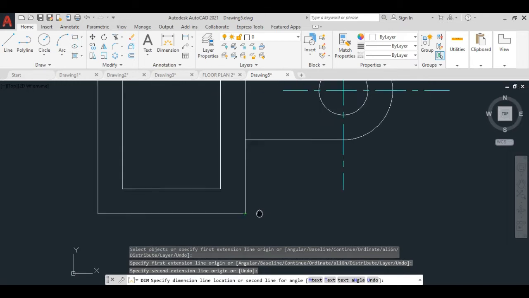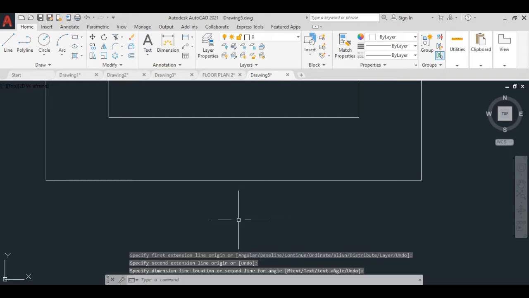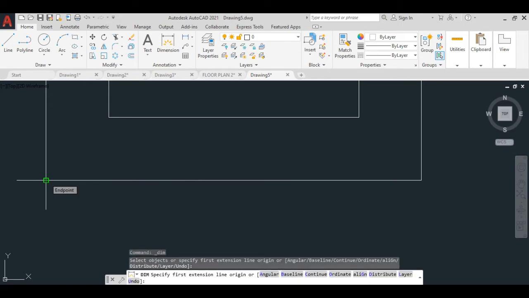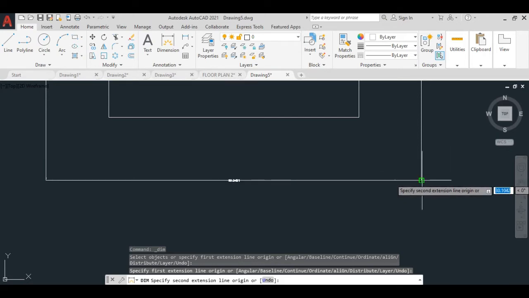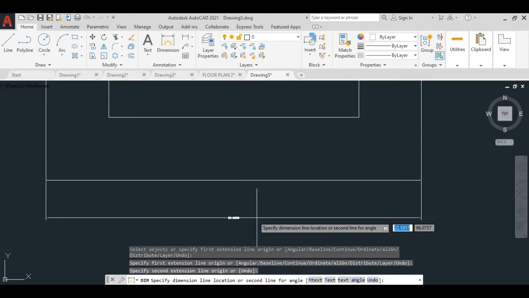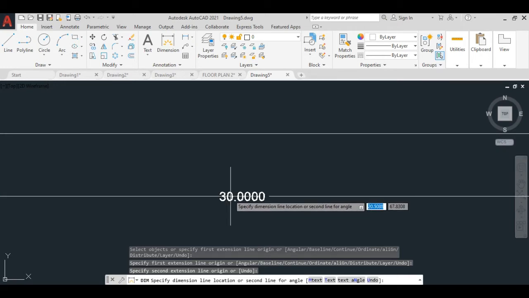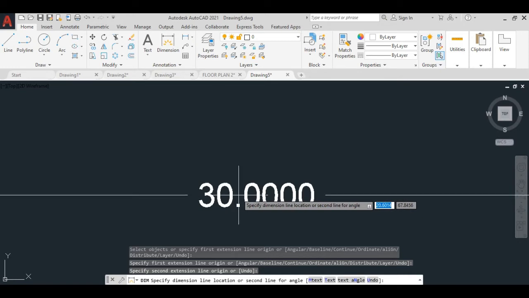So I have to check this distance. This is how much? Actually this is not fixed. So go to dimension again and clearly check your points. End point to end point, and now move your cursor downward. Here it is given 30 mm, which is the 30 mm line we have drawn.